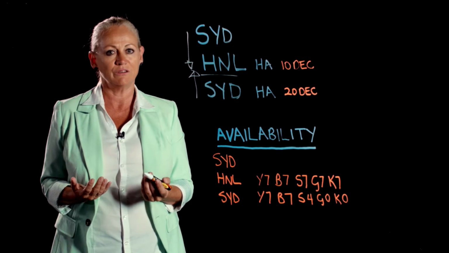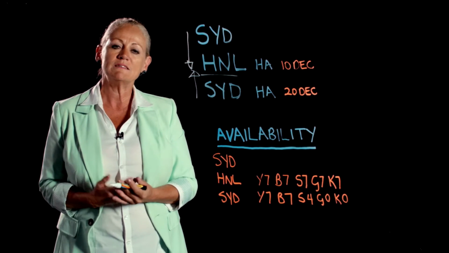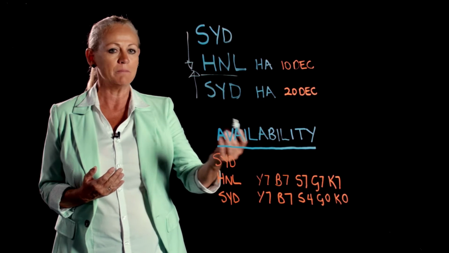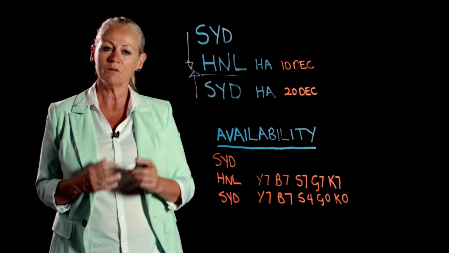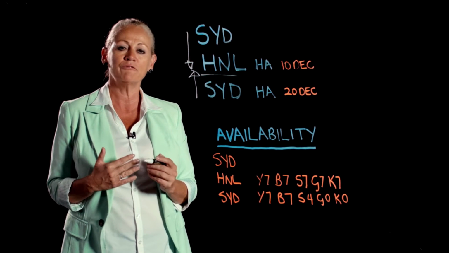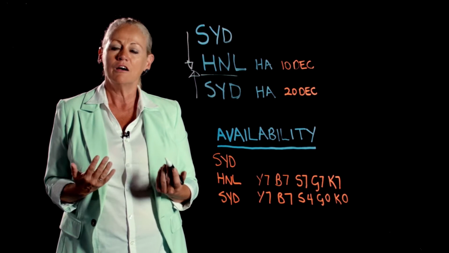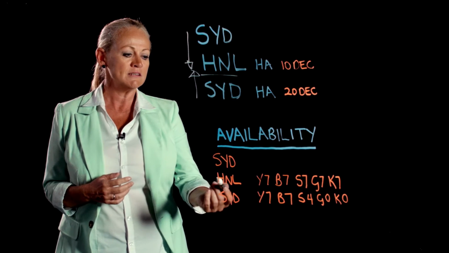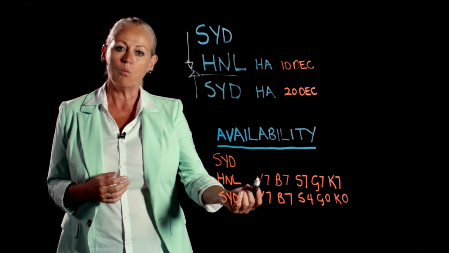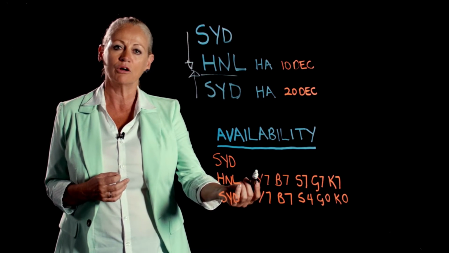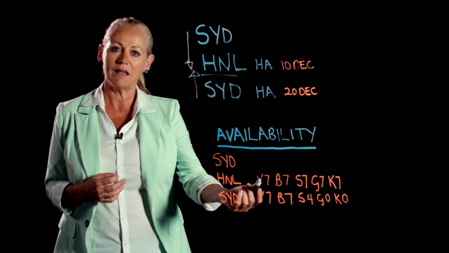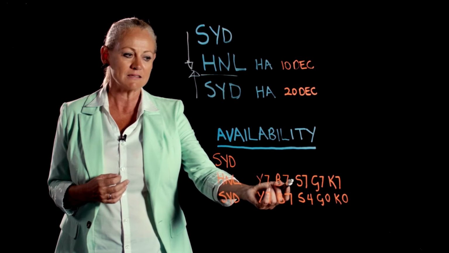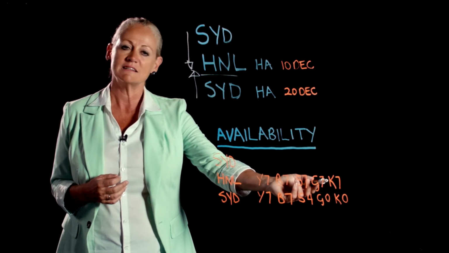What class do we use? When we give you examples throughout your learning resource, we give you this sort of availability display here. What this is showing you, it's taken from a Galileo fare display of what classes of seat are actually available. So Sydney to Honolulu, we've got Y there. Y is full economy. So economy class, there are 7 seats, B class 7, S 7, G, down to K